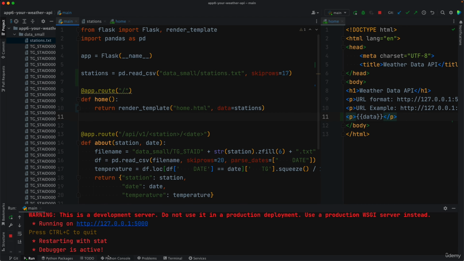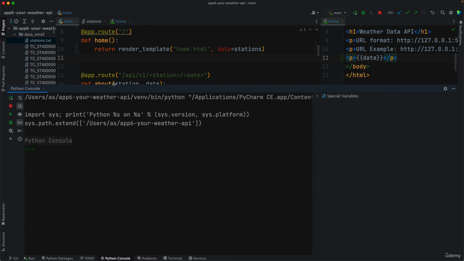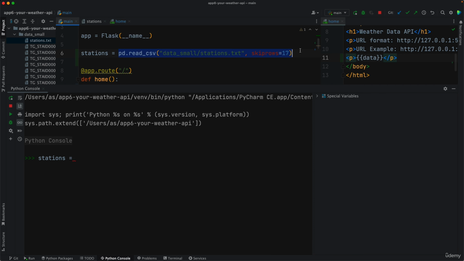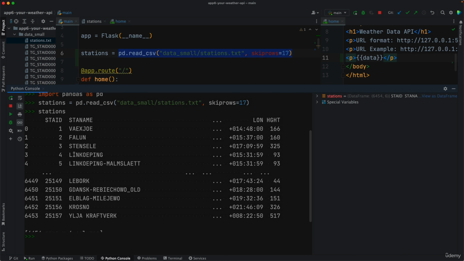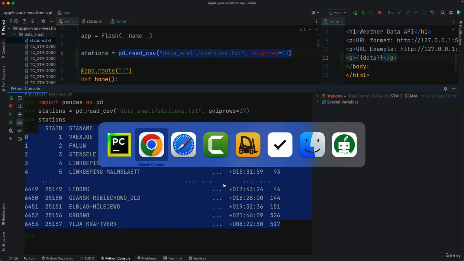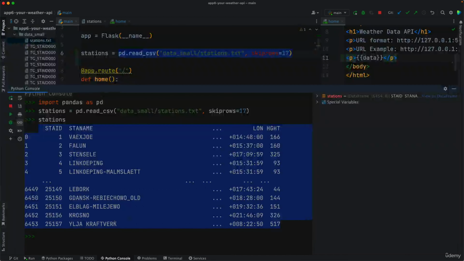And let me show you that better way first in the Python console here. So let's say we have stations is equal to that. So first import pandas as pd. So that's what we have. Stations is a data frame, right? And now this is being printed out in here. But if you do stations